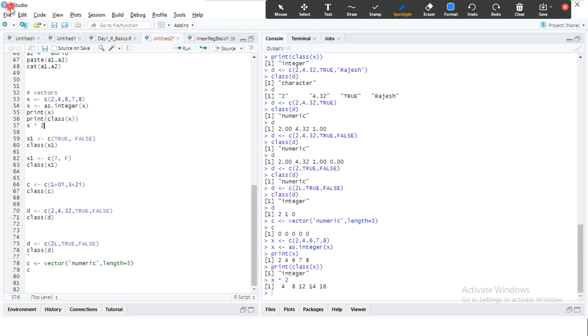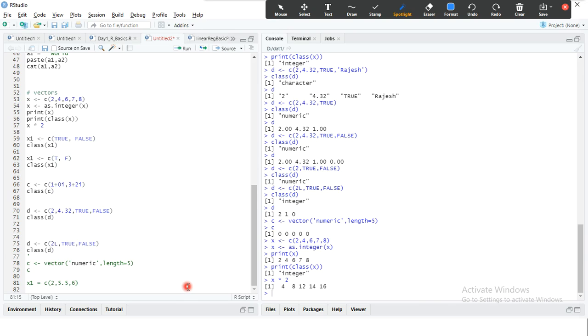If I want to find out the modulus, supposing I'm going to create something called x1. See, the less than hyphen, if you ask me, this is not mandatory. But when you look at most of the R developer scripts, you will find this one, less than hyphen.